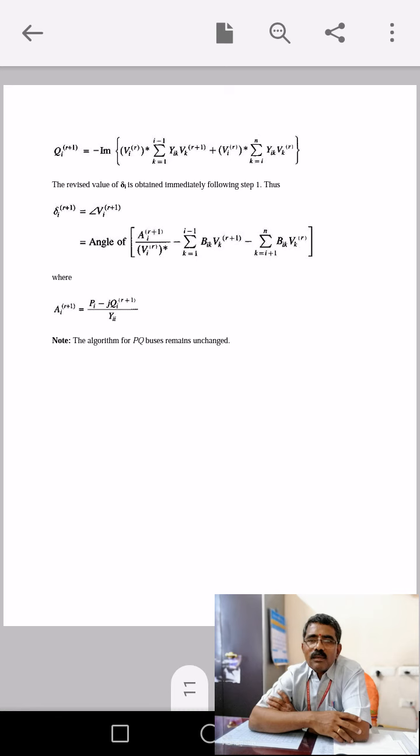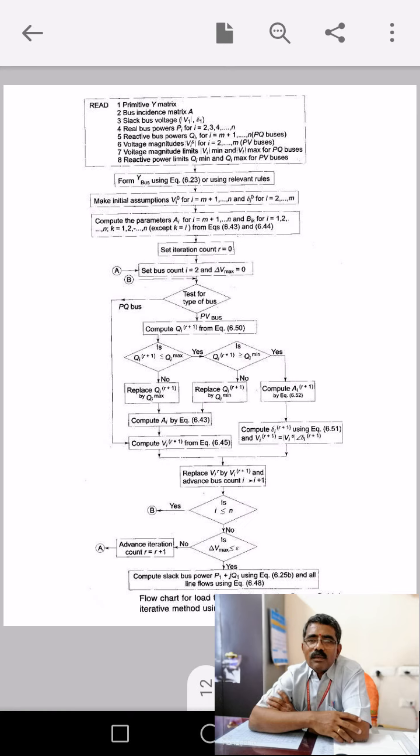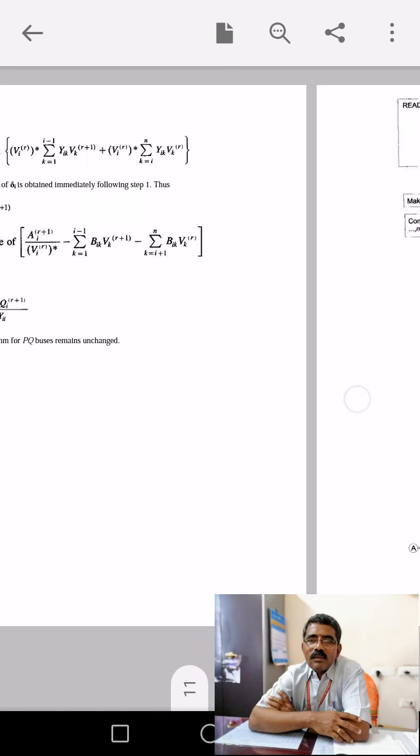Okay. So after getting Qi, we go with the angle. Delta is nothing but the angle of voltage. That voltage expression, the same expression we can take here. And also it is explained,